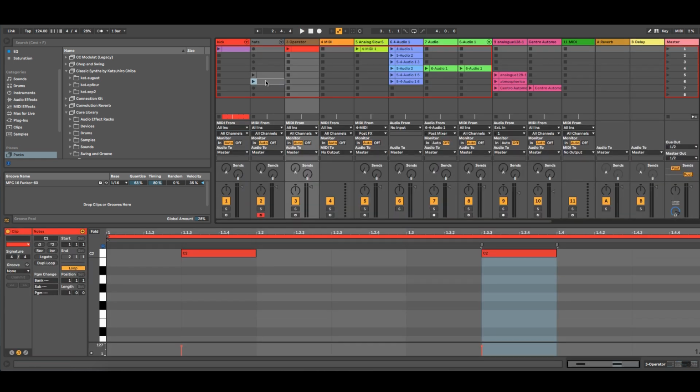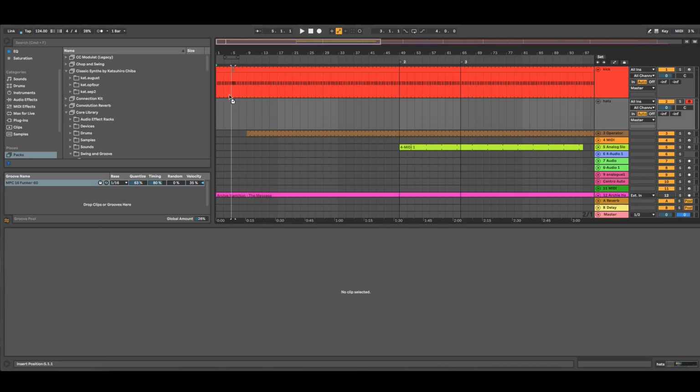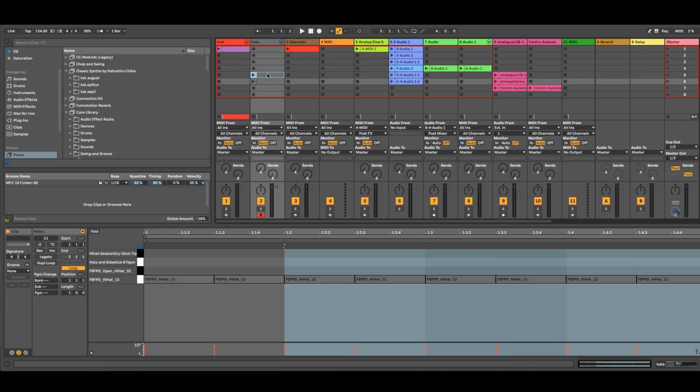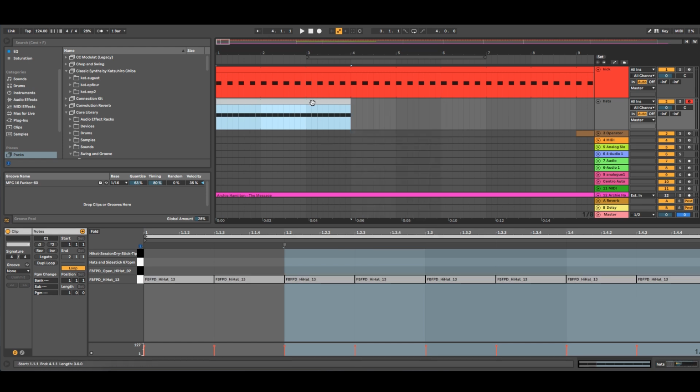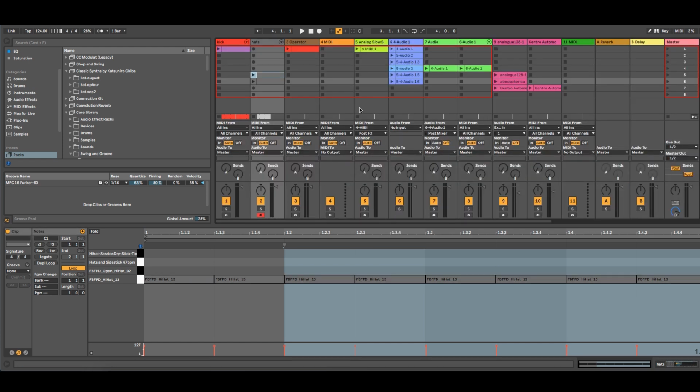Okay, so hats from the beginning right here. So that's my first clip. Here we go. First it's gonna go like this. I'm gonna change the color to something paler because I don't see anything.